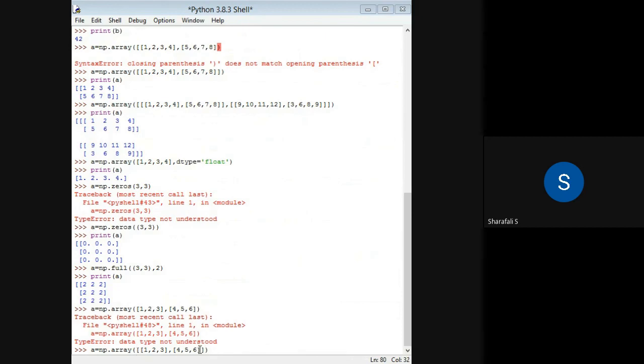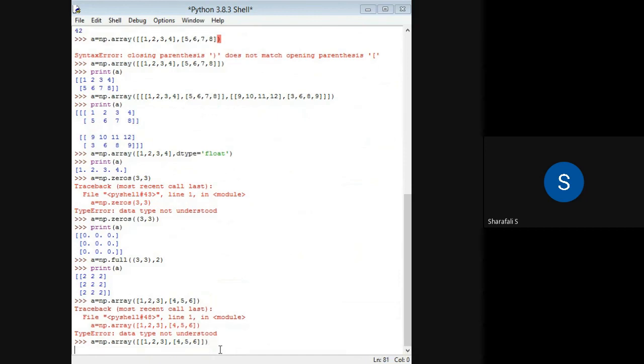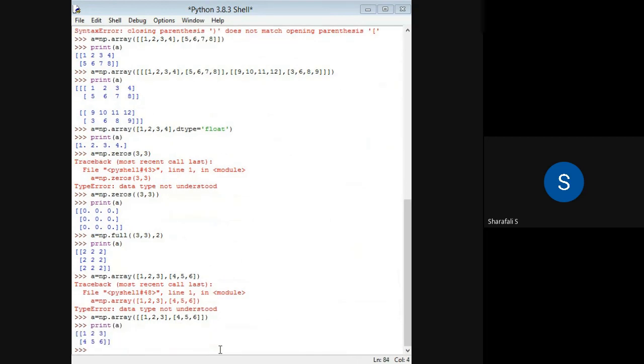This is nothing but a two-dimensional array. I will just print A. You can see that this is a two-dimensional array, and if you want to reduce that into, for example, a one-dimensional array, then you can use the flattening function.